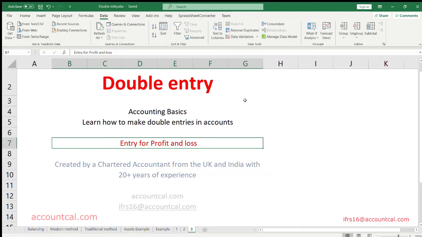Hello, now we will learn how to make double entry for profit and loss items. Profit and loss is a statement which calculates your profit and loss, and it is a must statement for any accounting system. So in the modern method,